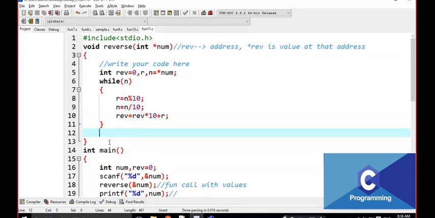Now what do I have to do? I have to change the result. This is the result, rev is the result. I want to put this result on the address of num. I write star num is equal to rev. That's it, nothing else. After the functionality, I give this value to star num.